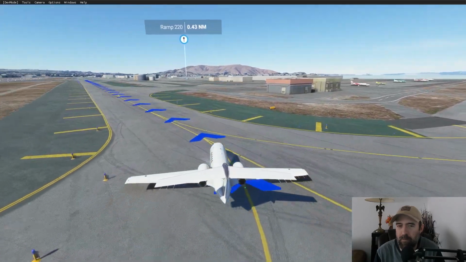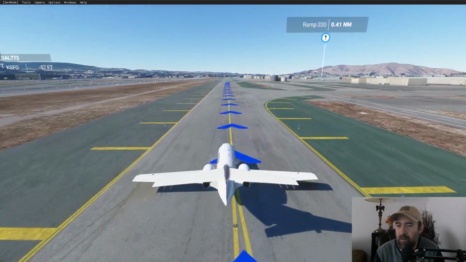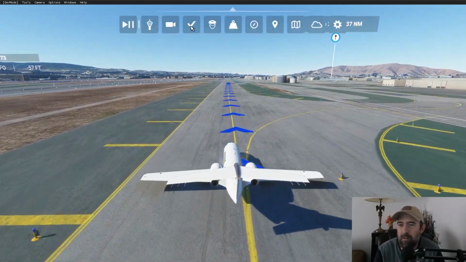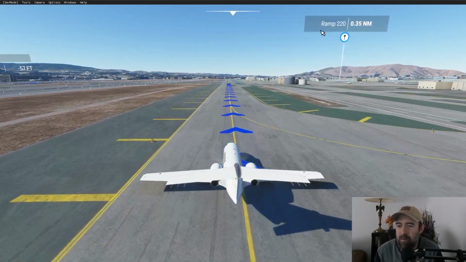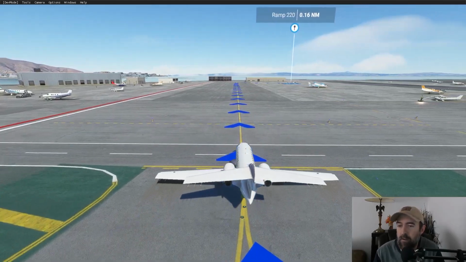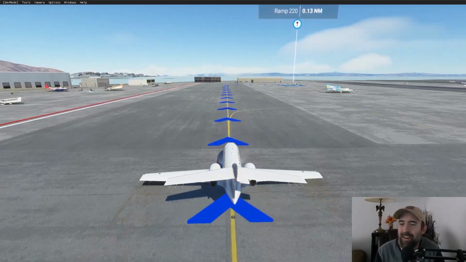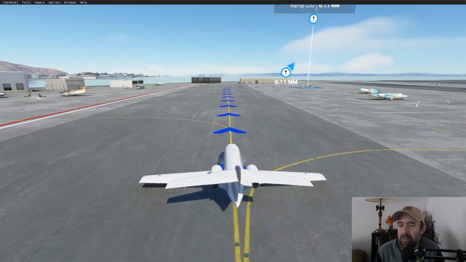Oh, there we go, ramp. Alright, it was there in big letters and I didn't... Cessna flight 0 Bravo, did you hear my last transmission? Dude, really? You're going to do this? Yeah, we heard you. You're going to make us acknowledge you, huh? Alright, we are almost there after taxiing all over the airport. May or may not have been my fault. Maybe for lack of research, we might have taken the wrong exit, but...